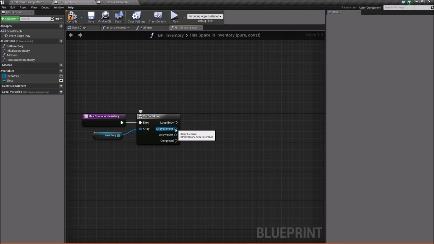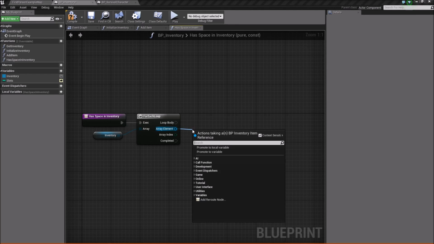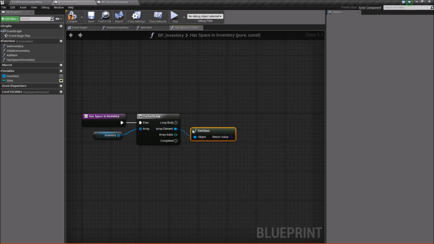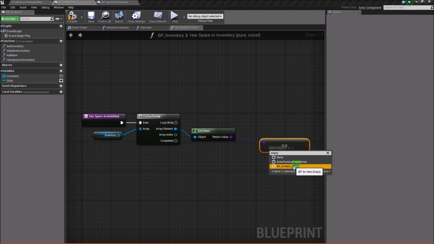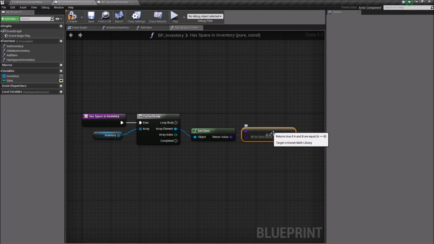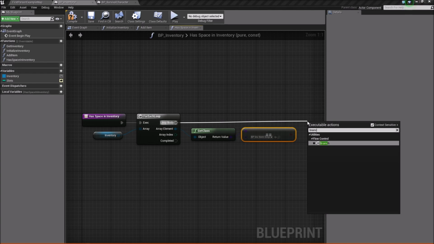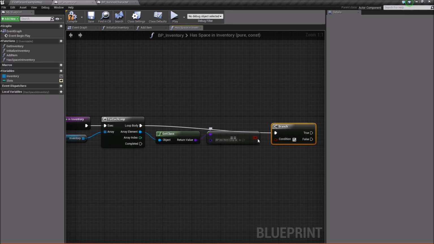So now what we'll do here is we'll take each array element and we're going to get its class, and we're going to check if its class is equal to an empty item. Because if it's equal to an empty item, then we know that that slot is empty, and therefore it's an open space that we can add another item to. All right, so we'll do a little branch off of the loop body, plug this in,